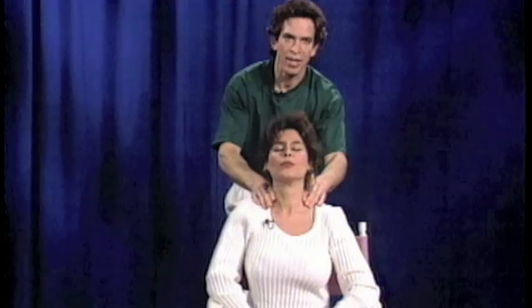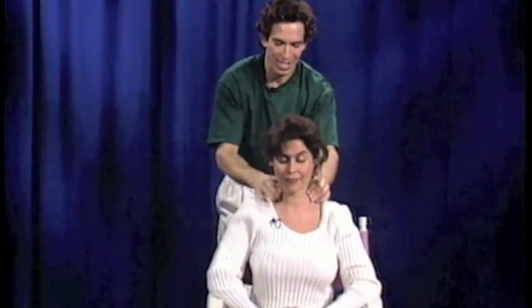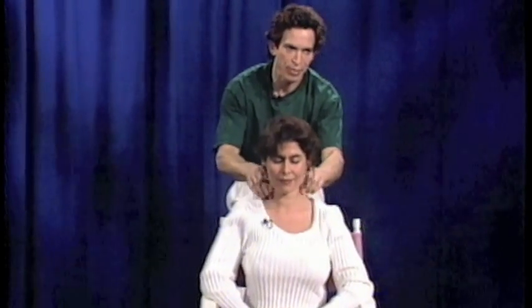Okay. And relax. Now, obviously, you know by now that we do our little kneading from left to right, up through the neck, and she's very relaxed. Now, I can feel the muscles. They feel a lot more supple than at the beginning. Okay, now,